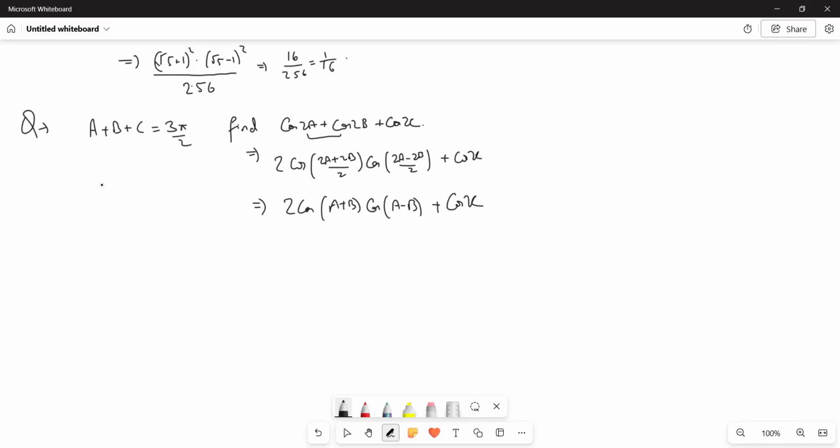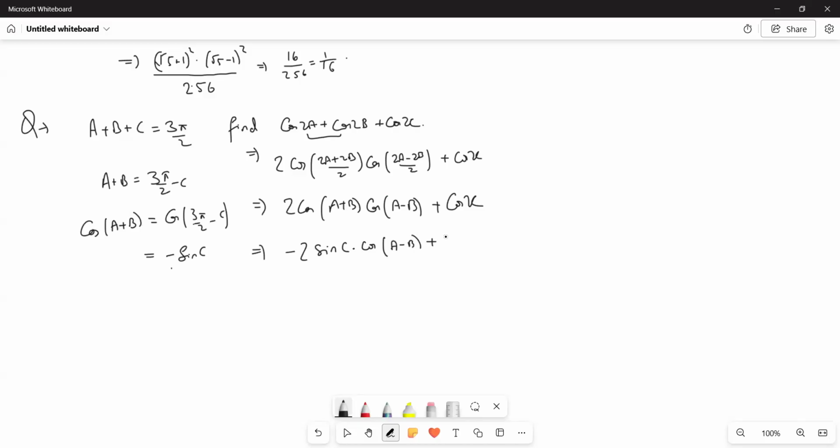But we know that a plus b is 3 pi by 2 minus c. Taking cos of both the sides, cos of (a plus b) is cos of (3 pi by 2 minus c). Now n is odd, so this becomes sin c. And 3 pi by 2 minus c will lie in the third quadrant. Cos in the third quadrant is negative, so this will be minus. So this ends up becoming minus 2 sin c into cos of (a minus b) plus